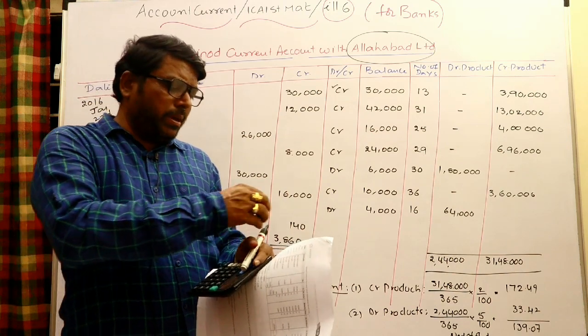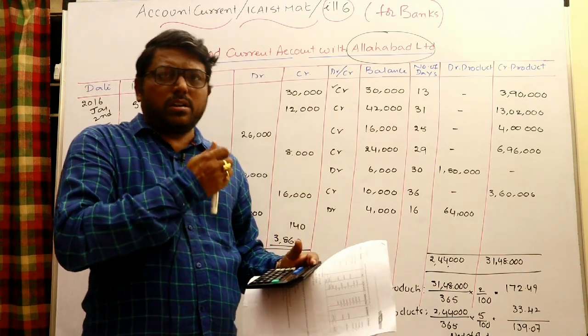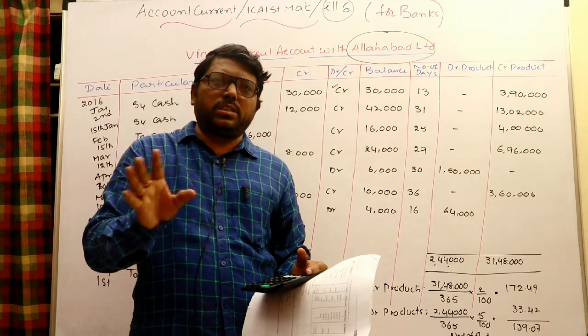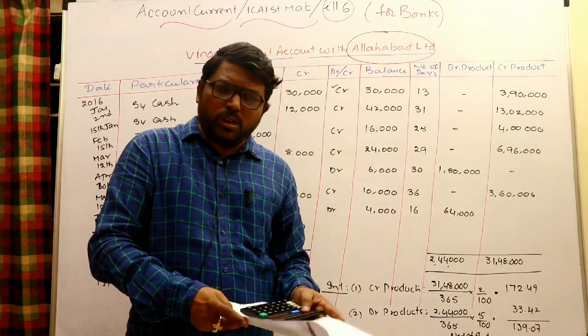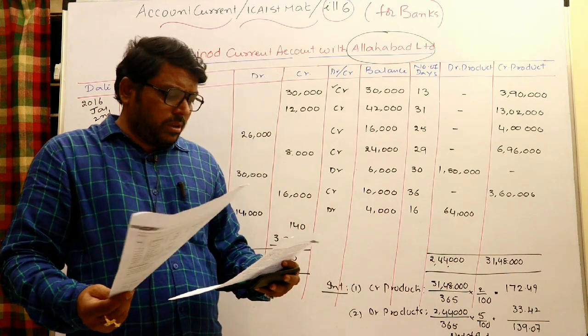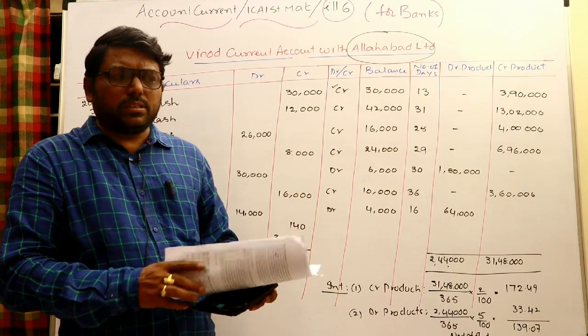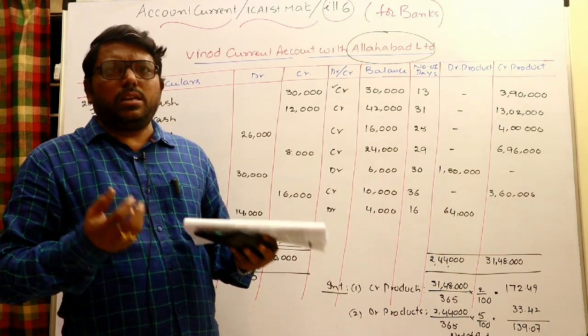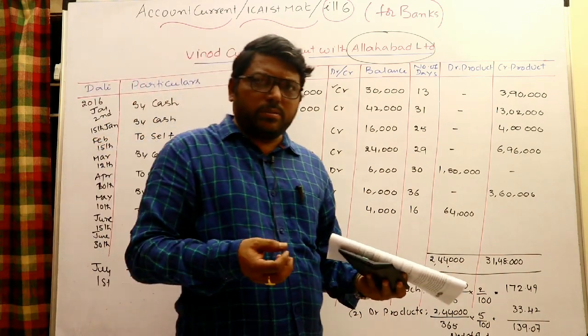And when the bank prepares the account current for the customers, in this way it is completely different from the products method and interest table method. Okay, so handle this particular one with care, and the remaining sums we can discuss in the next class. So please go through the playlist, and complete the theory part and all the problems are available there.